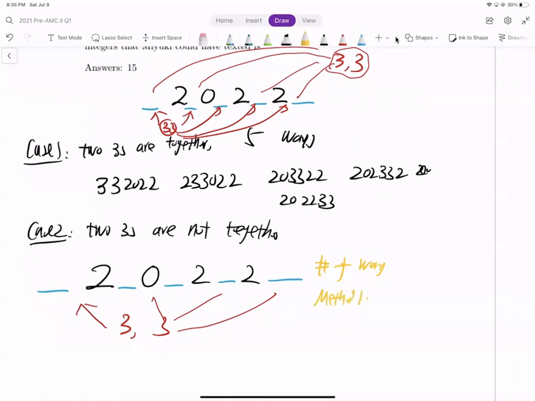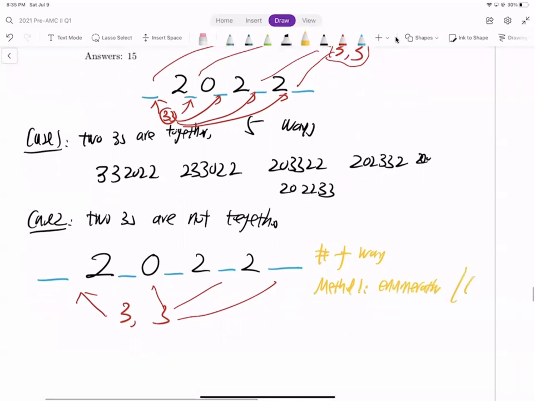Method 1 is just enumeration, just list all of them out. And we actually did this before. You have 10 different ways to do it. Method 2,